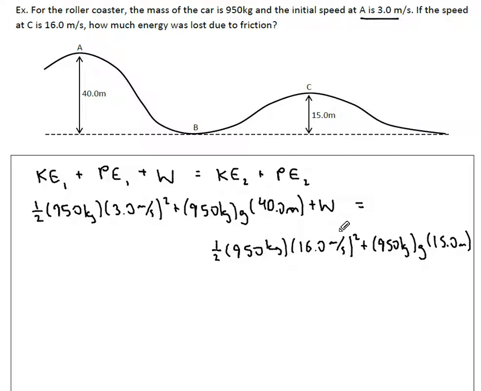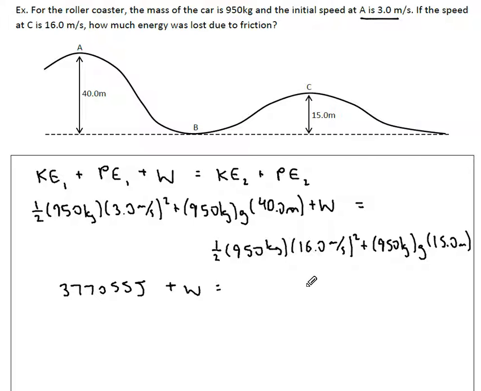So what's going to happen now if we just solve for our values? Let's go ahead and solve for it. We have 950 times 3 squared divided by 2, plus 950 times 40 times 9.8. So we end up with quite a large quantity of energy, 377,055 joules. And then plus that W is equal to